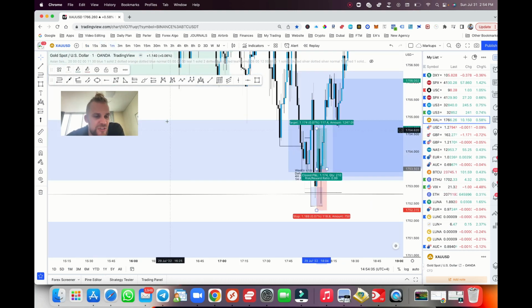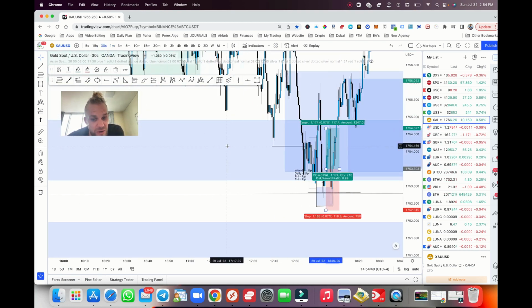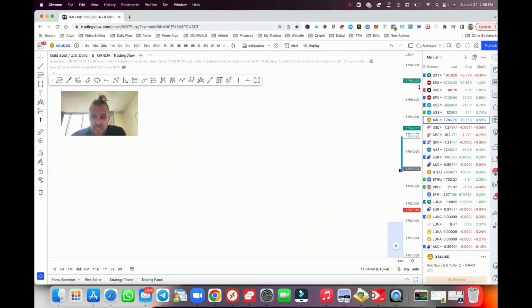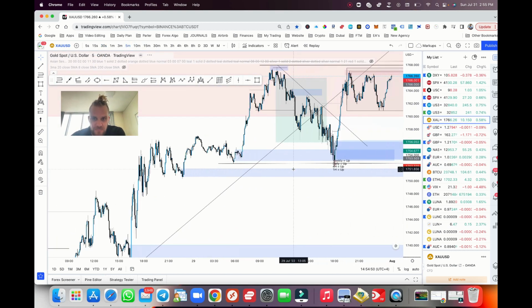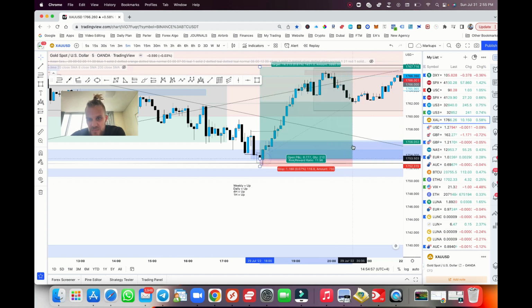You know that if you've got it wrong, because you don't want to use a huge stop loss, you want to get it right or get it wrong, and you want to know if you got it right or wrong straight away. So if we're correct on this trade, price shouldn't go any lower than there. If we've got our analysis right, it shouldn't go any lower than that wick. So then what we do here is we would be aiming for the